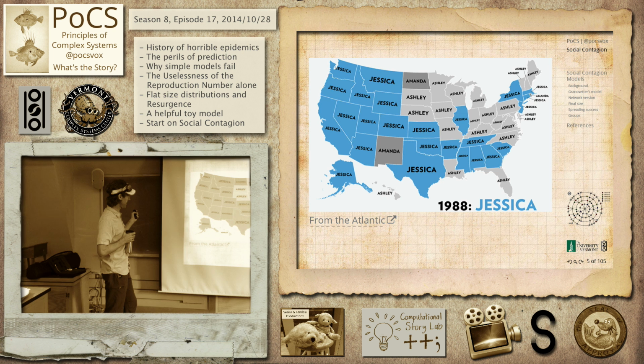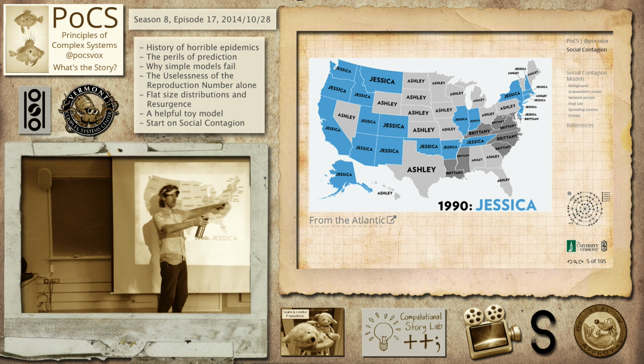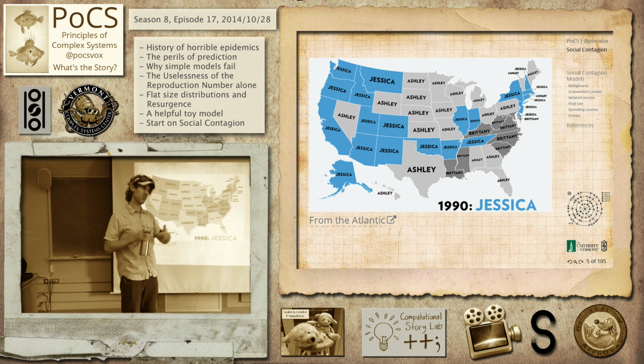Jessica and Ashley are fighting it out. Amanda did pretty well for a long time. There's a Brittany. Oh no, but see, this is Brittany. It's two parts, right? There's Brittany because of Brittany being a thing, and then it was a name that took off, so she's part of that. And then her name, once she becomes famous, gives it another re-injection into the